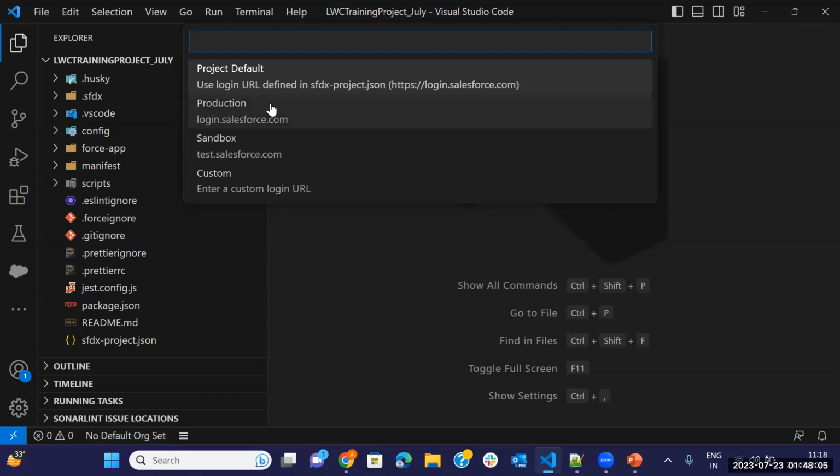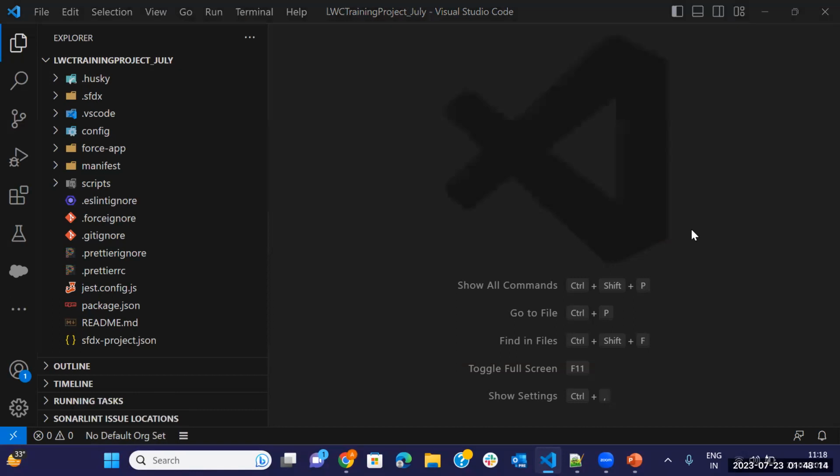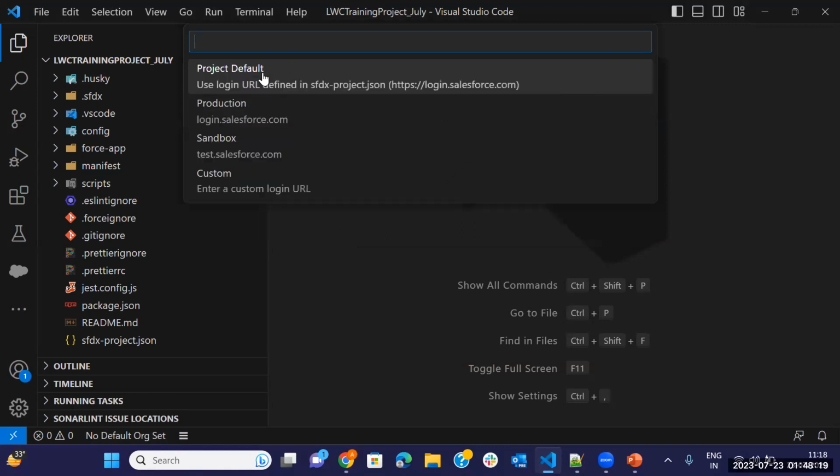So here we have three options. By default, it's showing login.salesforce.com, production, sandbox, and another option for custom. So which one can we use for this? The first one by default means production. If you have any developer or production org where you want to deploy anything or work on it, you can authorize that org using production, like login.salesforce.com, or if you want to authorize any sandbox, we can use this one,